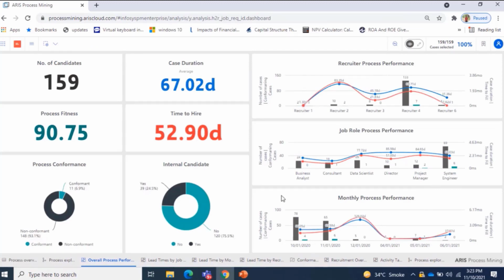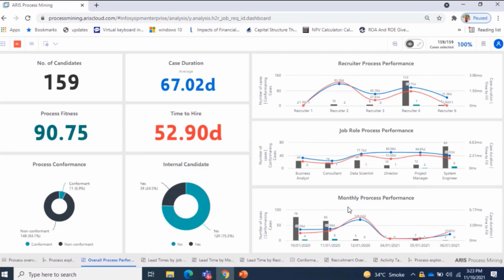Now the three graphs that you can see here are for the three dimensions that we have identified from the available data. The dimensions can increase based on the configuration of each business. So based on our client, we can increase or decrease the number of dimensions present in the process. Right now we have selected three because these three were available from the data that we had. The first one is recruiter.